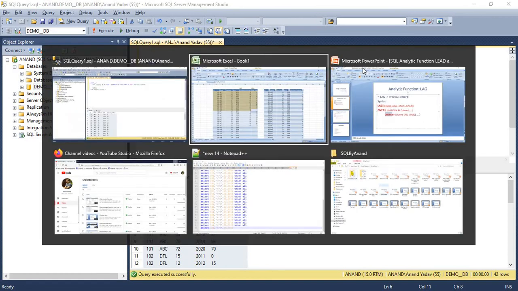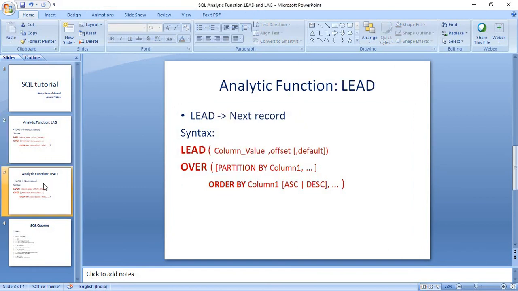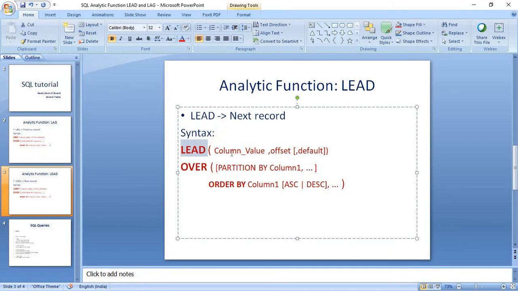before that, let me quickly walk you through the syntax. The syntax is similar to lag. Instead of the lag keyword, here we will have the lead keyword. And you can see that it also accepts 3 parameters: column value, offset and default.